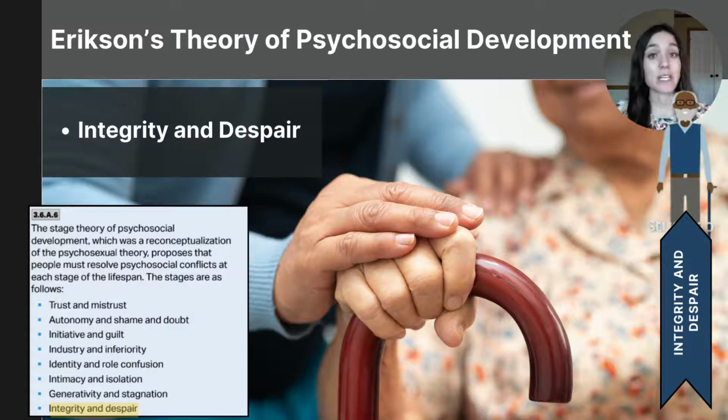And as I mentioned at the beginning, I have found that these are really challenging for students to remember. And so, one tip that I give students is to try to just remember the positive outcomes. I think that students can often remember them by those positive outcomes, like initiative or identity or integrity. And if you can remember that, then you can usually remember what the opposite is of that particular crisis. And that's my tip for you. Remember that first successful outcome, and I think that will help you think about the crises in a different way.